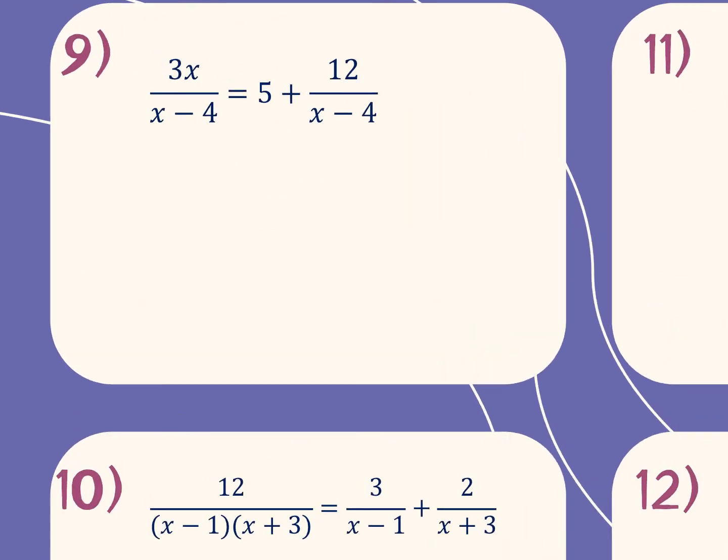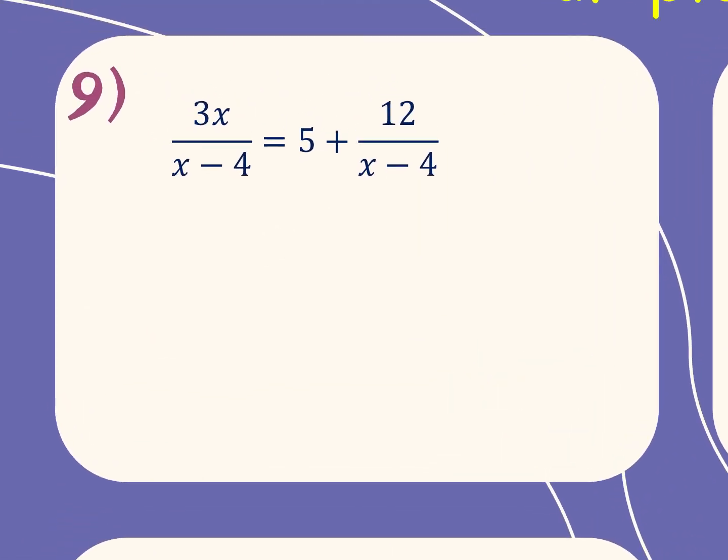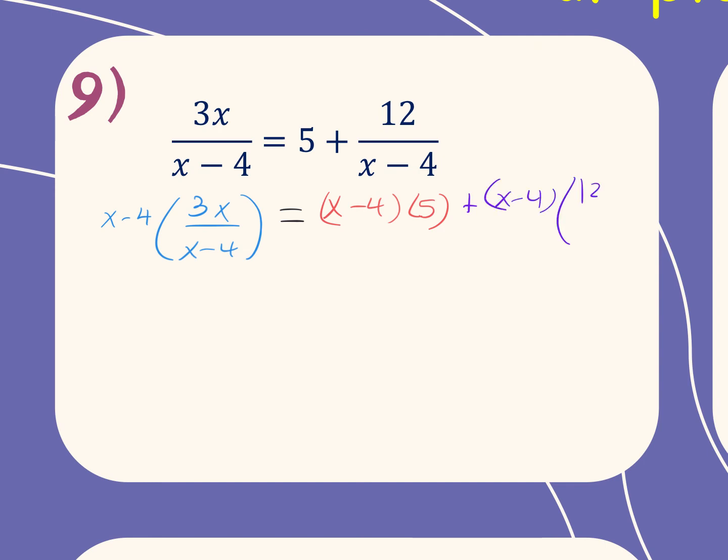All right, number 9, LCD. It's going to be the x minus 4. So I'm going to go ahead and multiply it to each one of the terms. So x minus 4 times the 3x over x minus 4 equals x minus 4 times the 5. And then the last one, x minus 4 times 12 over x minus 4. So again, I'm going to simplify. This is gone, so I'm just left with 3x